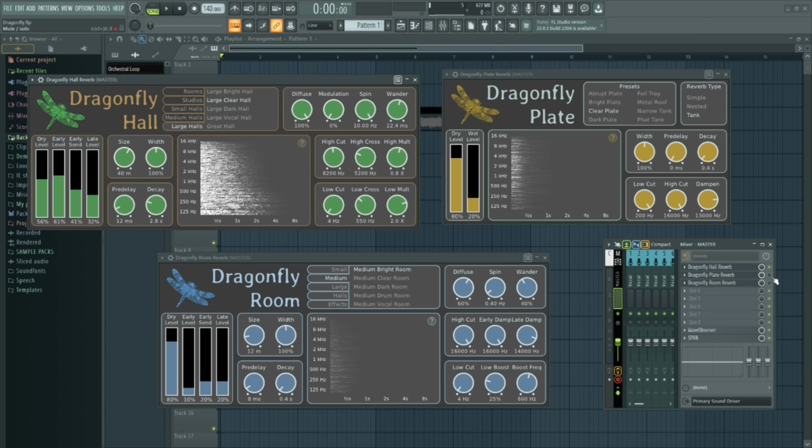Next, let's just listen to the plate reverb. So as I switch between the reverb modes, I get a really authentic and different sound each time. And the really good thing about it is that you can just analyze how your reverb is occupying the frequency spectrum in your mix.